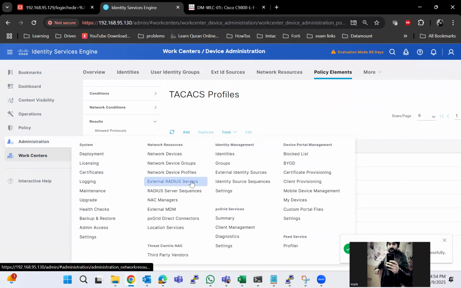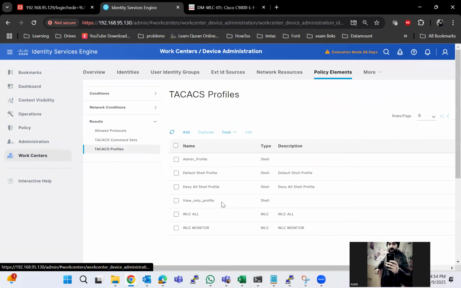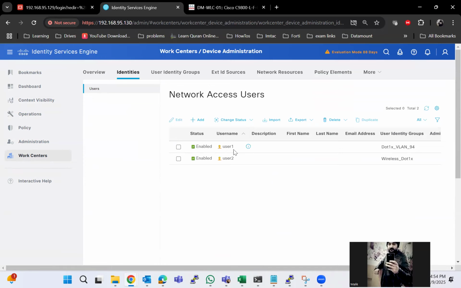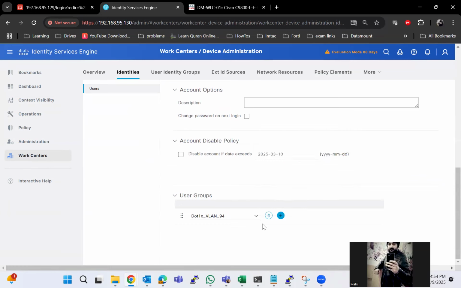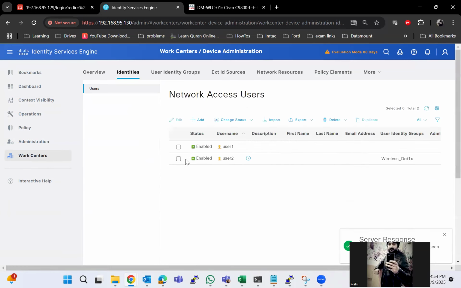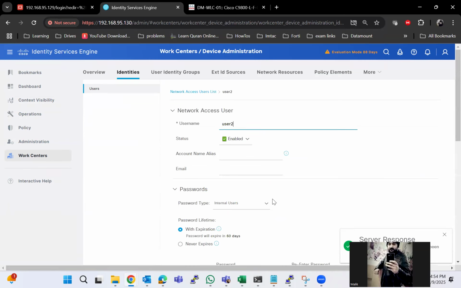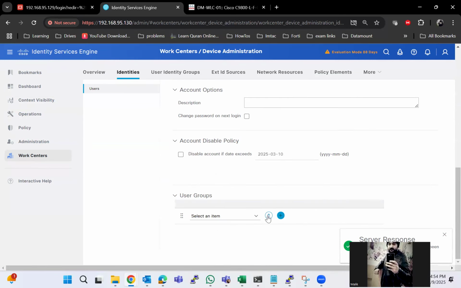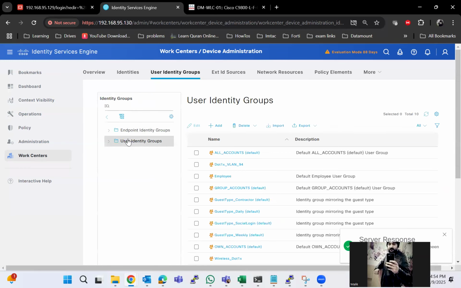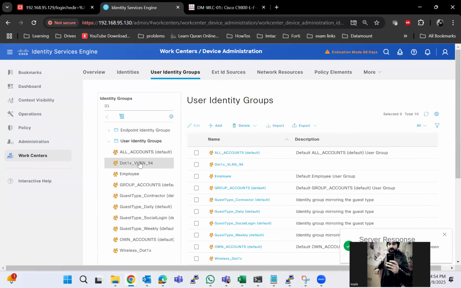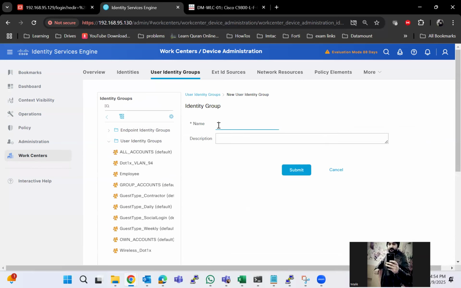Now I have to create users. I already have created two users. So what I will do, I will make use of them. I will just remove them from the old groups. New groups we will create. Save. So under user groups, which is identity groups, I am going to create my first group, which will be